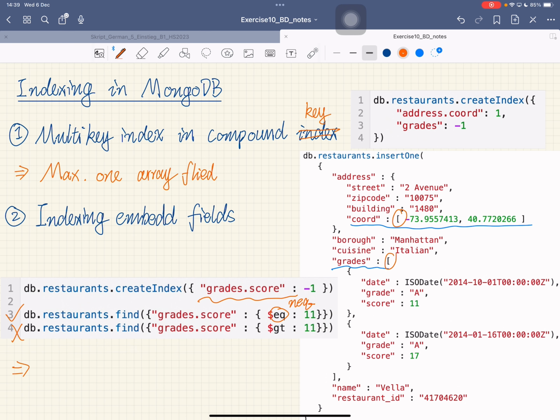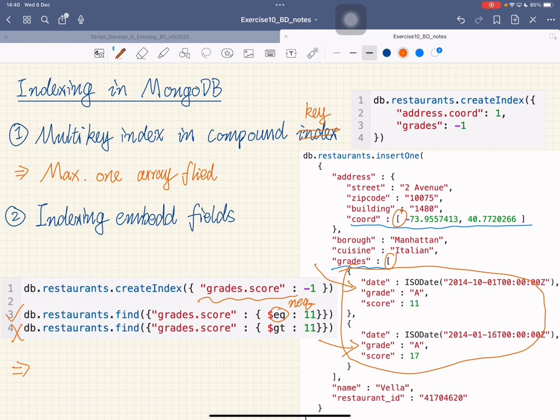Honestly, I don't know. I didn't find any resources. I guess you can only sort within a document, and when you are accessing the nested field over multiple documents, I think it's a physical constraint as to how you can sort it. It's really hard to sort them across multiple documents, and it's only effective when you are accessing them within a document. When you create an index on grades.score,